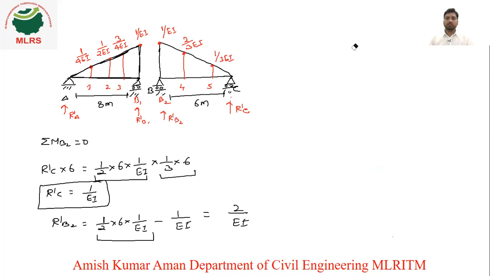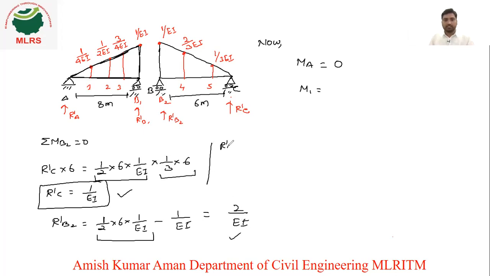So now moments, calculation of moments. So now we will calculate the moment. So let's calculate for MA. You can see here at A it is equal to 0 because at A R dash A into distance is 0 only, so 0. Now calculating for M1. For M1 what will happen? R dash A, we have got that R dash A value. Just I will write here R dash A value and R dash B value also. R dash C is here, R dash B2 is here.